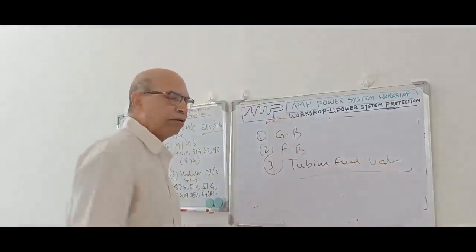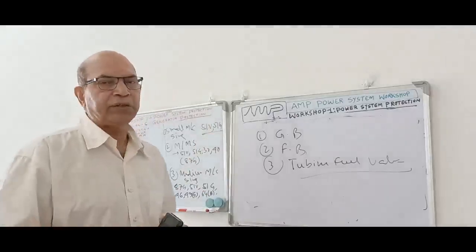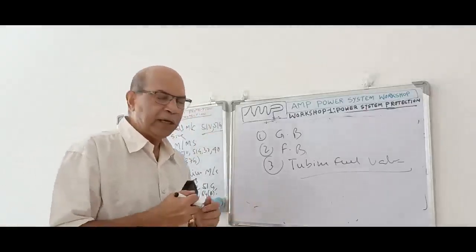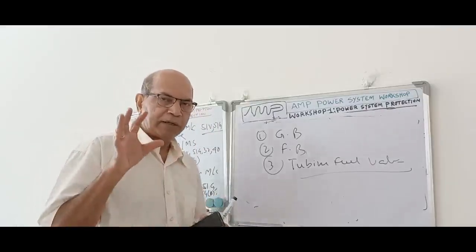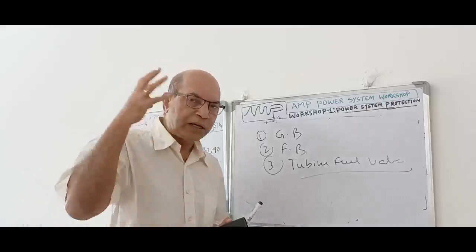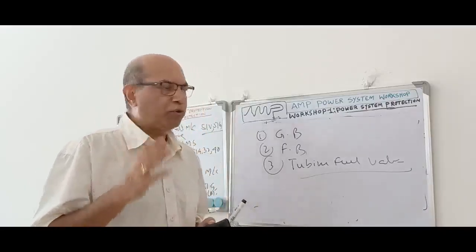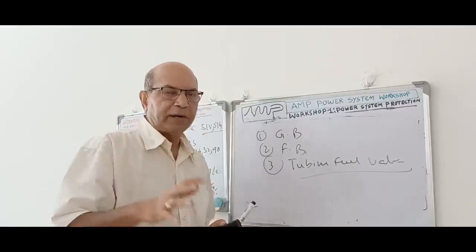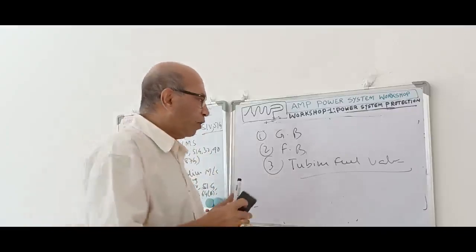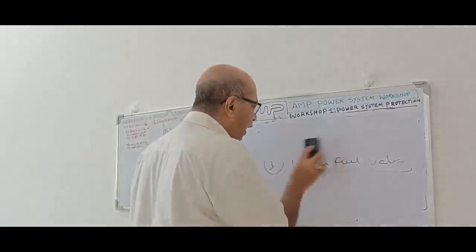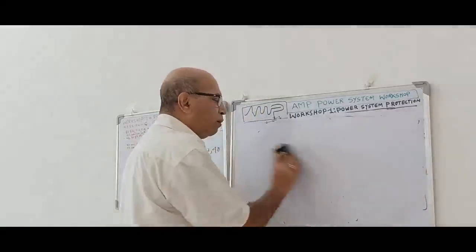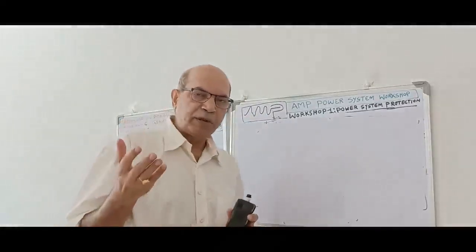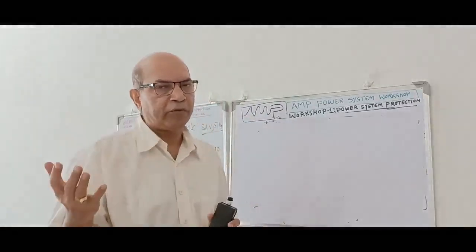These are the three protections that will be operated. So these are the protection schemes. So in brief, we can say when the protection functions are caused due to internal fault of the machine, for those protections, all three devices, turbine fuel valve to be closed, and generator breaker, field breaker will be tripped. But for the protection which is caused due to abnormal outside service condition, the turbine need not trip immediately, only generator breaker and field breaker will be tripped.